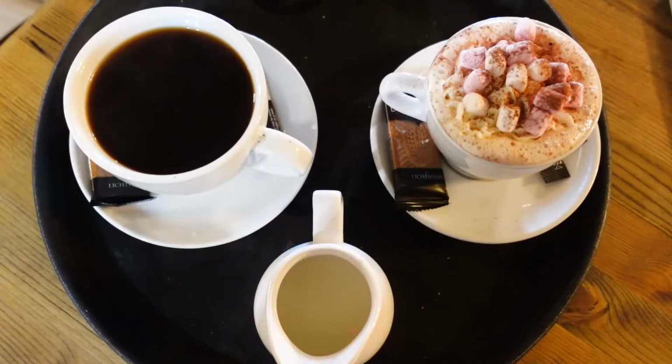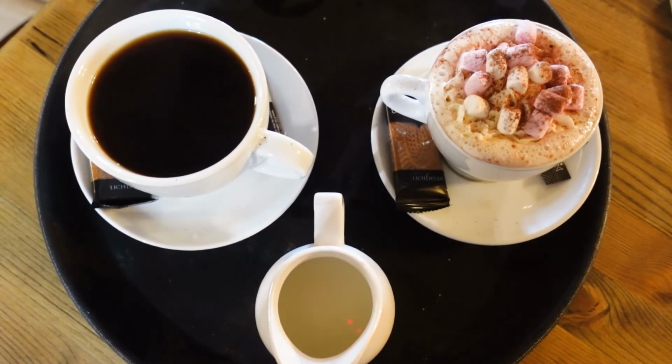It's starting to get really chilly on the beach, so we've decided to come into the Marsden Grotto, which is kind of like a restaurant come pub come cafe. We've just got hot chocolate and a cup of coffee to help us warm up. The really nice thing about the Marsden Grotto is that it's actually built into the cliffside of the sea cliffs,